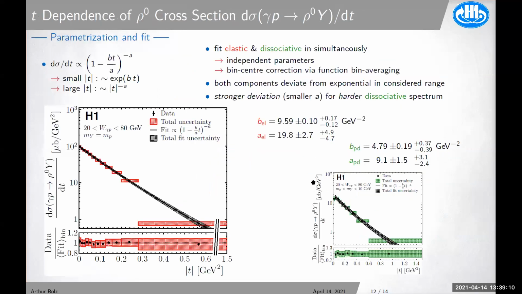The next result that we also measured is the t-dependence, of course. Again, shown here for the elastic and proton-dissociative component. We also parameterize this with this function given here, which interpolates an exponential